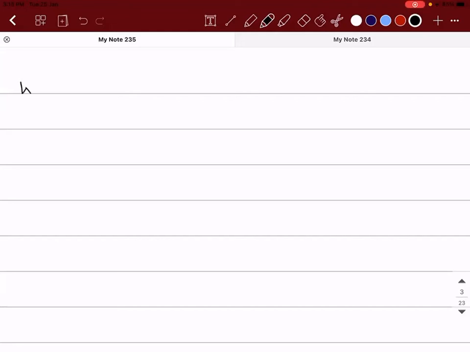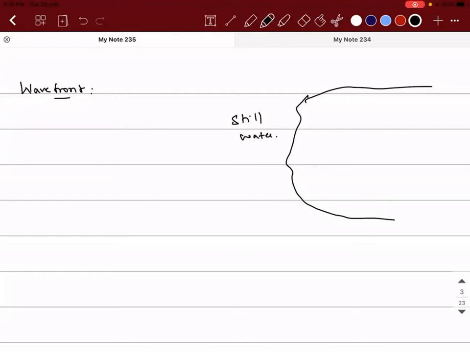To know a concept called wavefront. Suppose there is still water. What is it? It's still water. In that still water, let's say I give you a stone and you're going to drop the stone into that still water. Then immediately I'm sure that you will observe something like this,